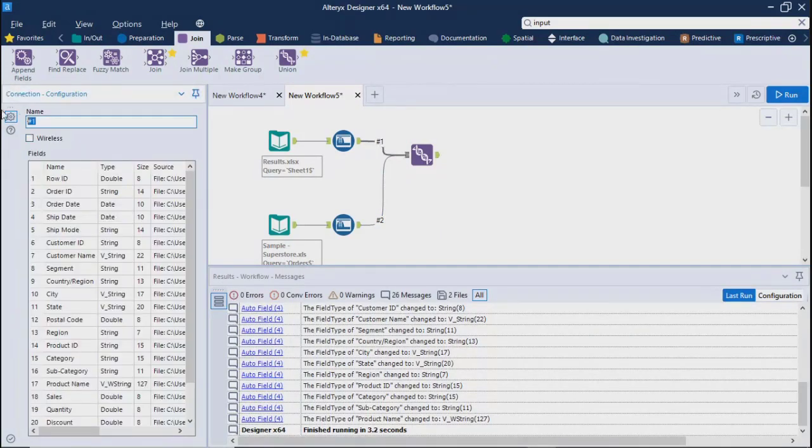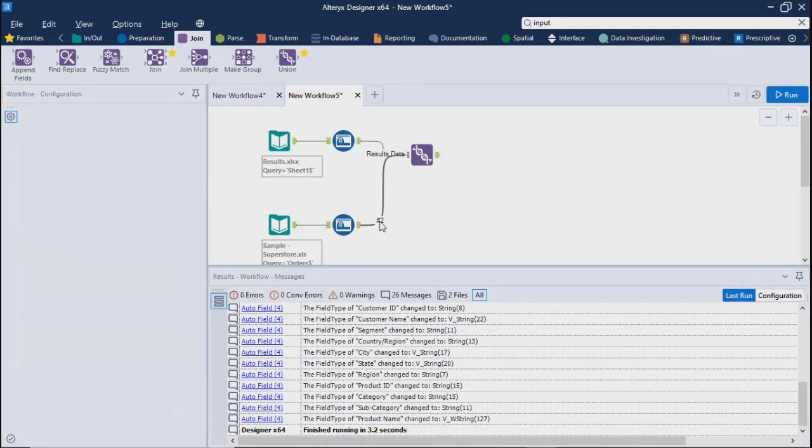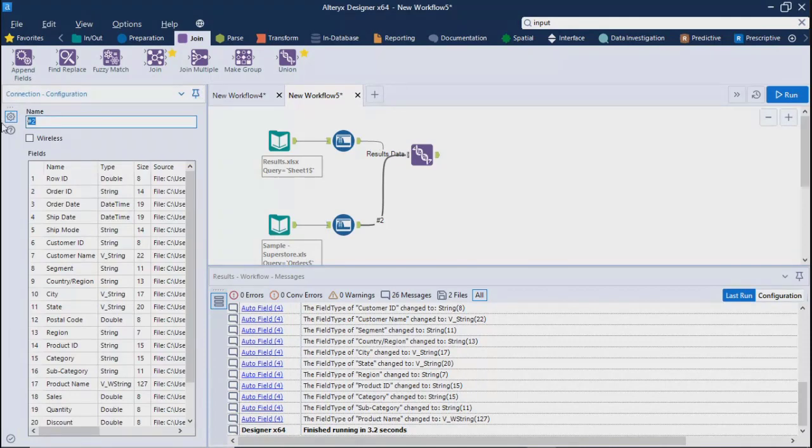You can select and maybe you can give results data. And over here you can give it name as maybe sample superstore.